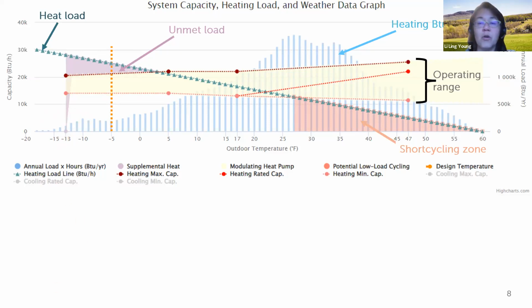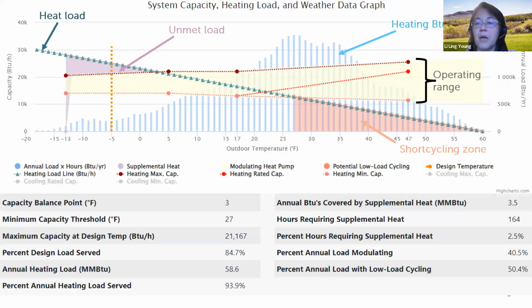All right, so what else do we have? Oh, okay, so the short cycling zone. So in this chart, we have this pink wedge here. And this pink wedge was added in by the NEEP people to show you when you have a problem with short cycling, because you can see that the green slope of the, oh boy, my